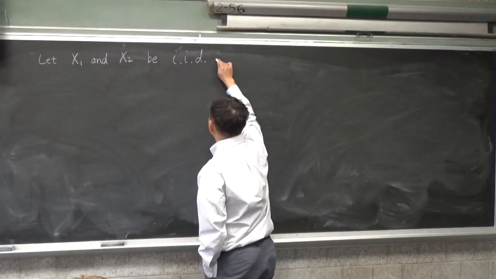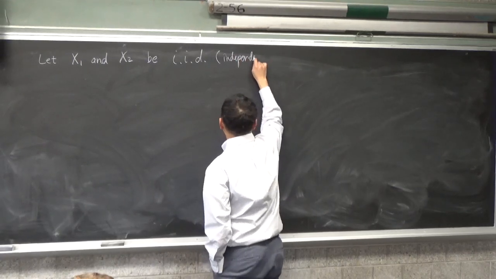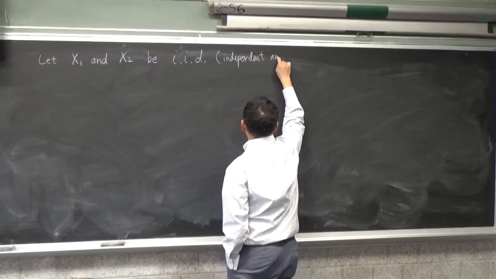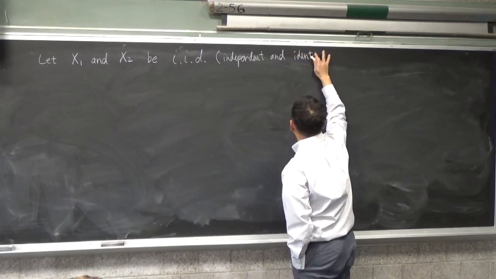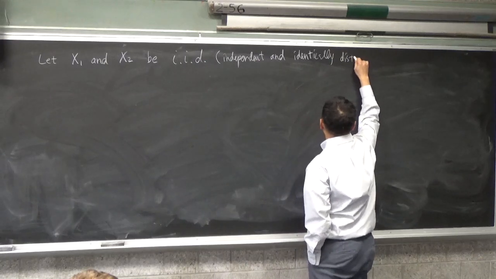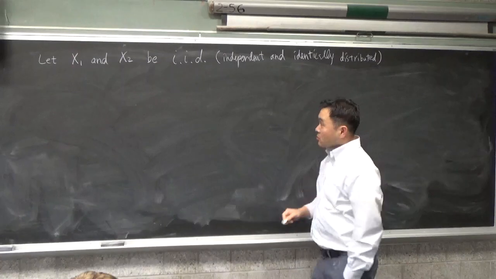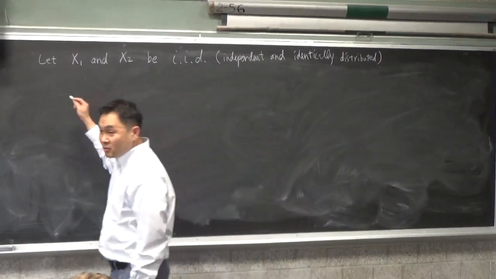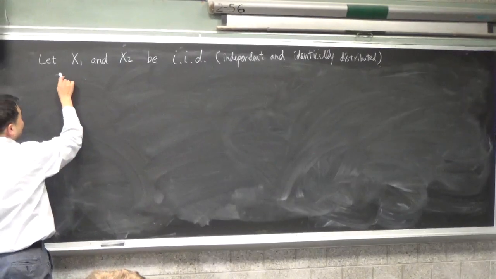Now what does this mean? This means independent and identically distributed. So for example, if x1 is a random variable that has expectation value,